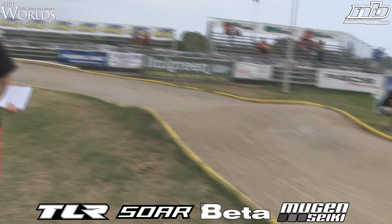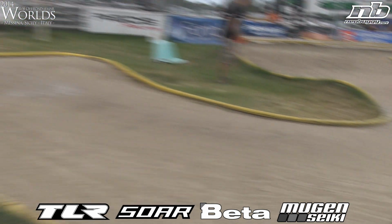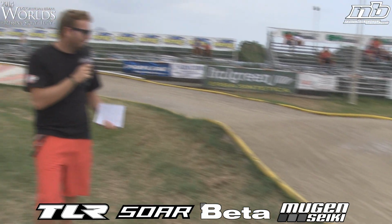The track is incredibly consistent. A couple of holes already forming over there, but so far so good. No issues or complaints from any drivers as of yet. A long way to go at this Worlds, as I said. So should be interesting. So a bit of continuity errors there, but you know, here we are at Neo Buggy,